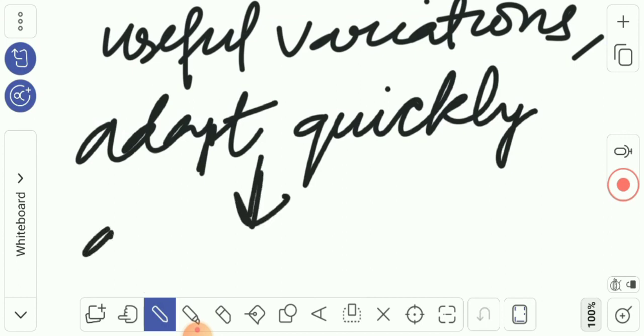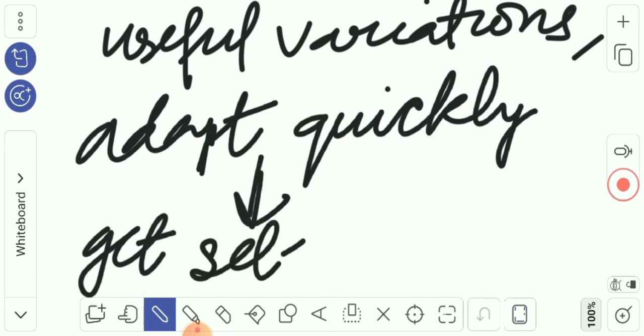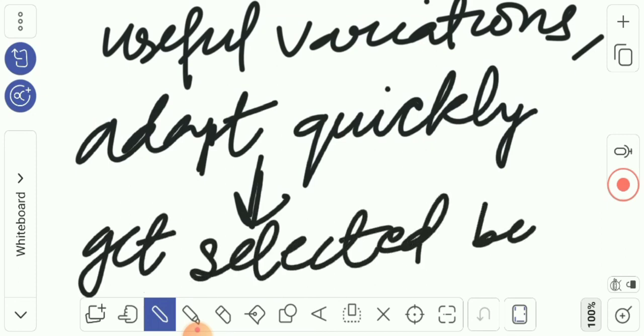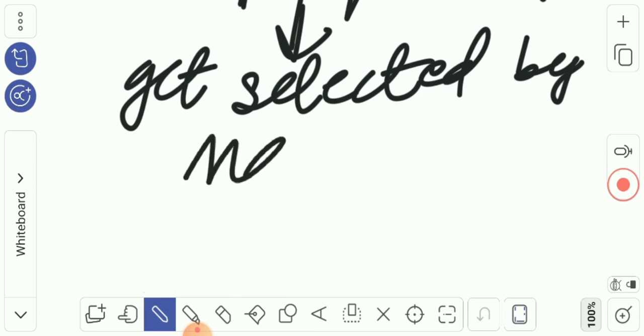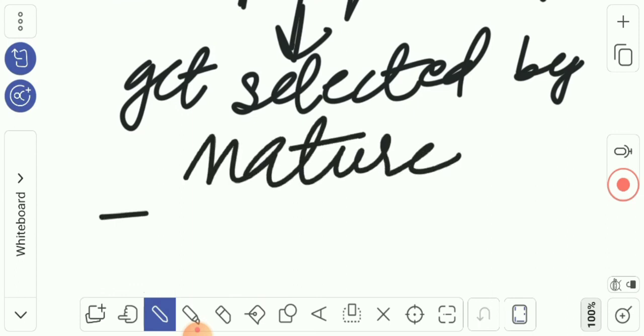These are the ones that get selected by nature. Okay,